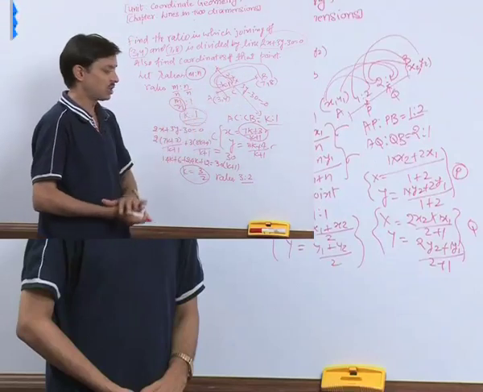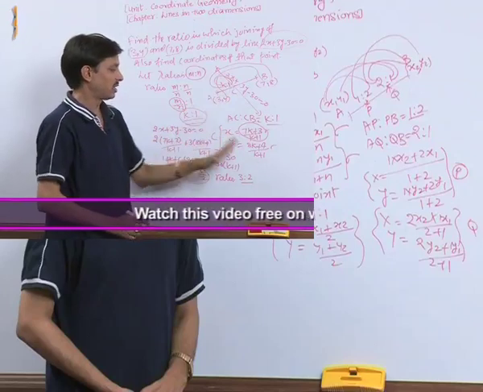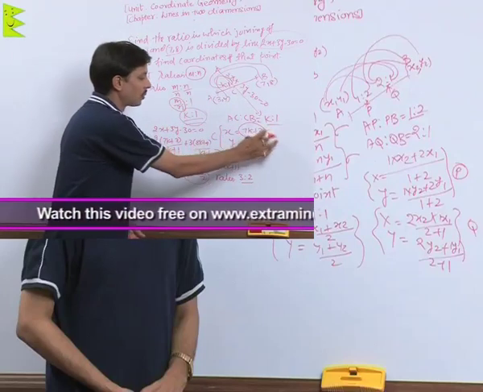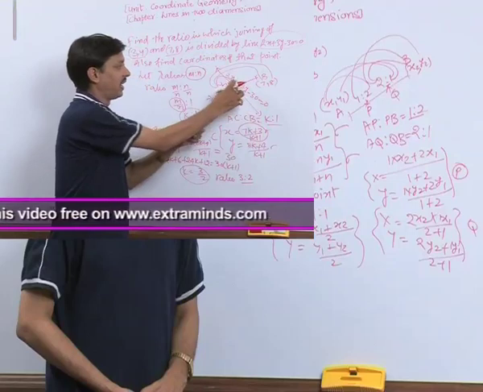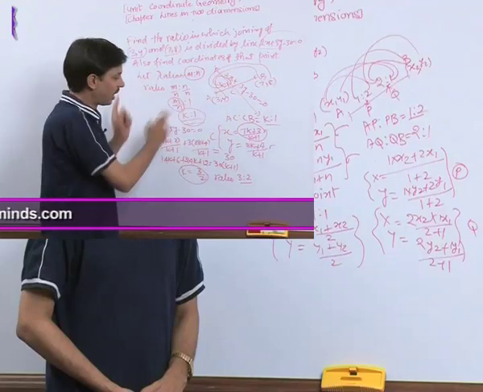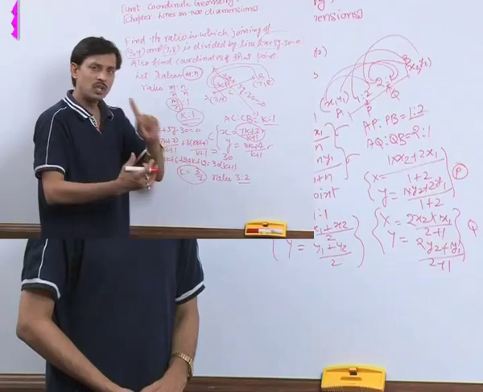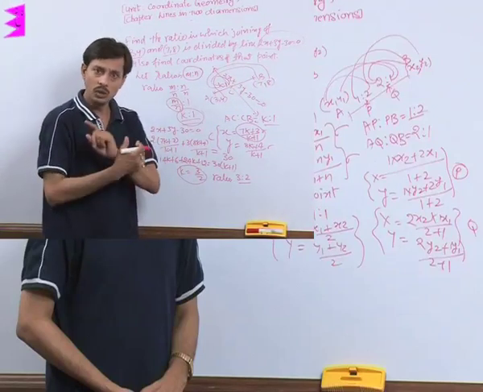At C, the ratio is k is to 1. By using the section formula, the coordinates of C, x and y, are obtained. These values of x and y are put in that line, because this line is cutting the joining of AB at C. After solving, we obtain k is equal to 3/2. 3/2 means the ratio becomes 3:2.